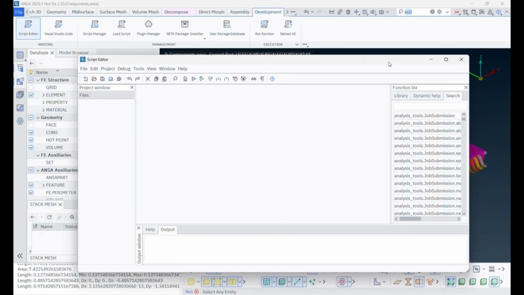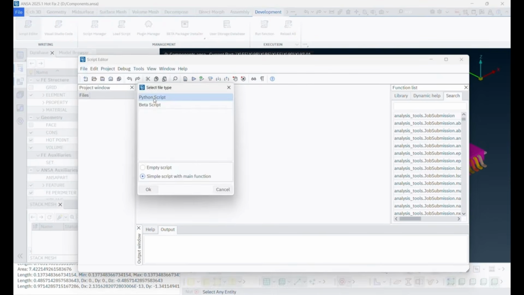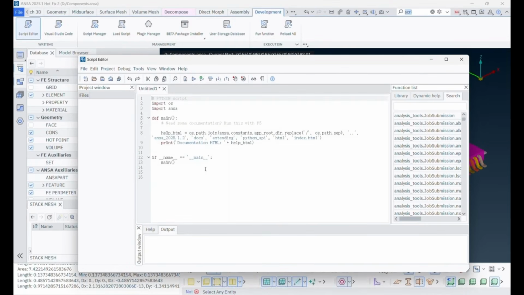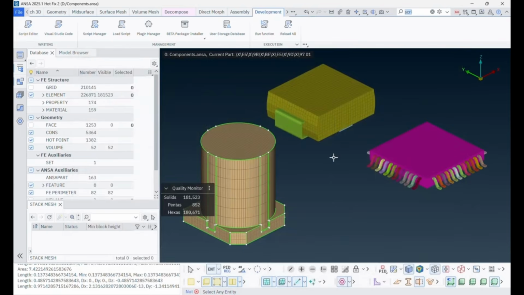You can write and debug directly in the script editor. You can also develop using VS Code. Therefore, repetitive tasks mentioned earlier, such as feature cleanup, pin region processing, and solid mesh generation, can gradually be converted into automation scripts or tools to further improve efficiency.